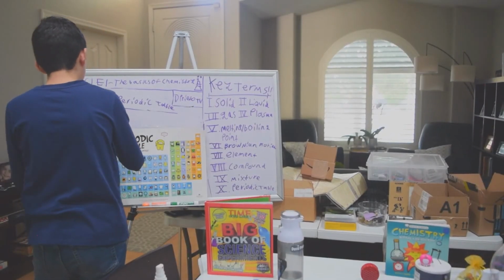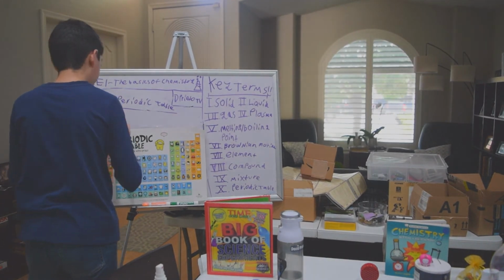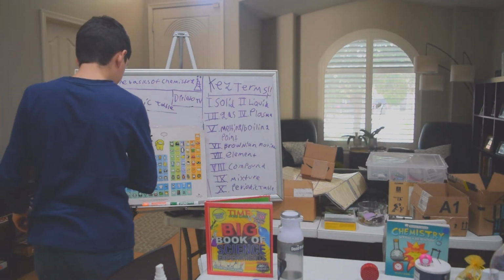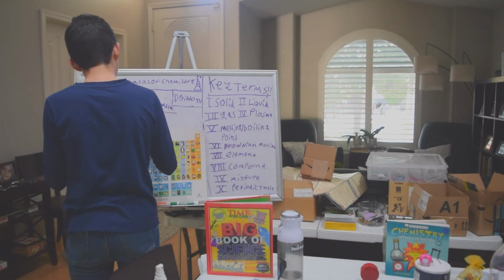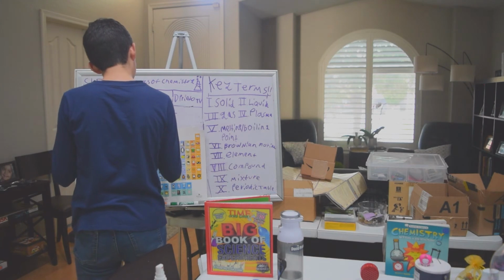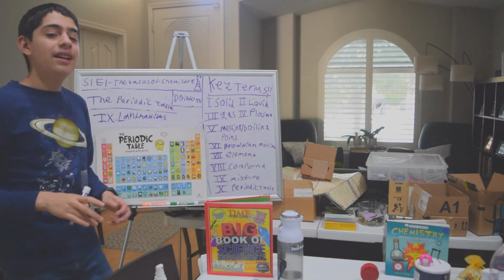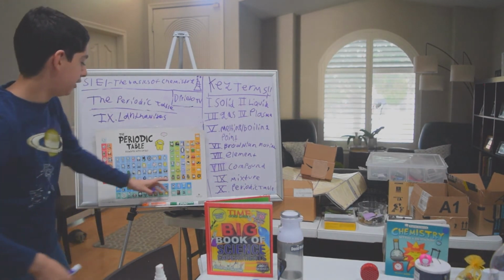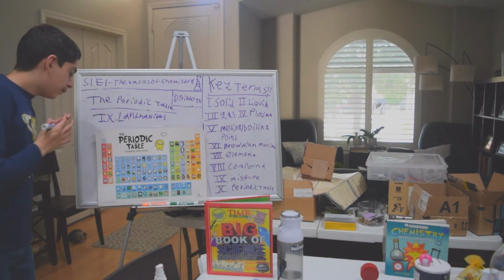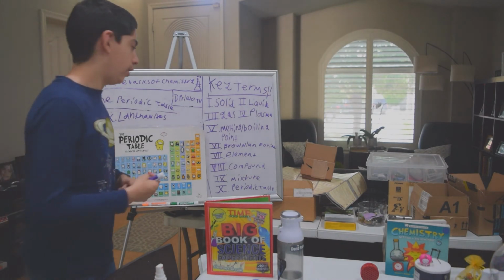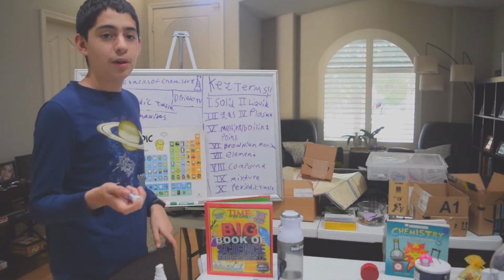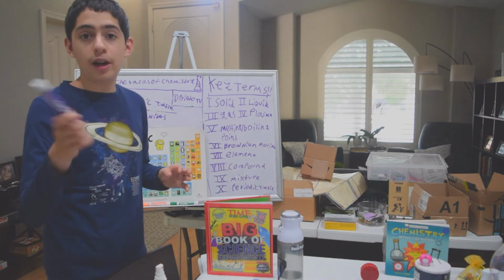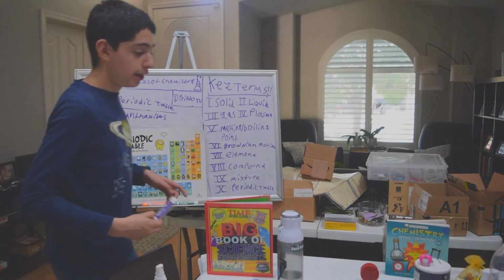Okay, so the next category is category number 9. We just finished talking about the noble gases. So next is the lanthanides. These guys, they're not super special. They're basically transition metals, but they're located at the bottom of the table. They have weird names, and they're used in a lot of electronic parts, like TVs and phones and MRIs. Most of these elements are used in MRIs.